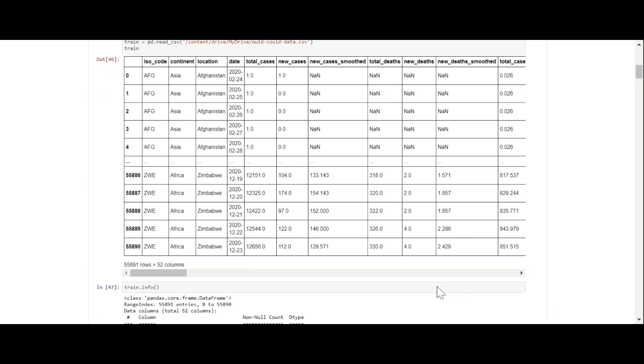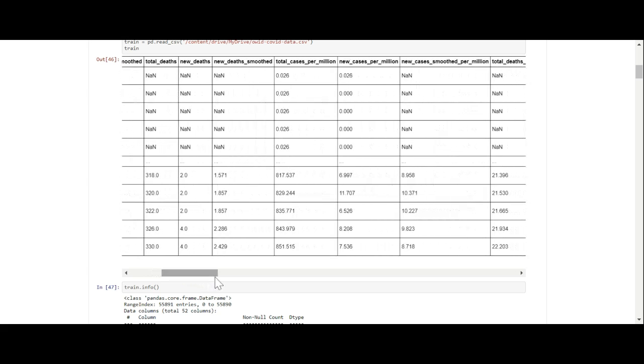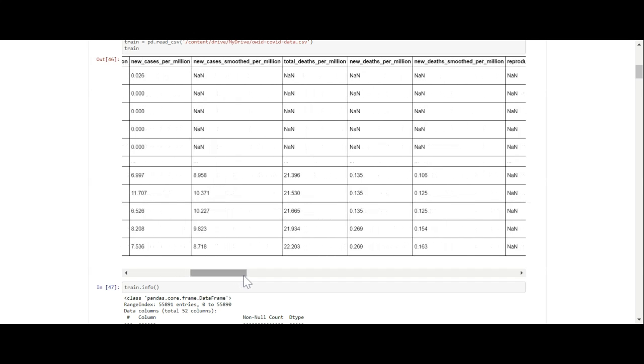So we loaded our data set and we read it, and you can see there's lots of information in here. It tells you your ISO code, your continent, your location, your date, total cases, new cases smoothed, total deaths, new deaths smoothed, total cases per million, new cases per million, new cases per million smoothed, total deaths per million, new deaths per million, new deaths smoothed per million,